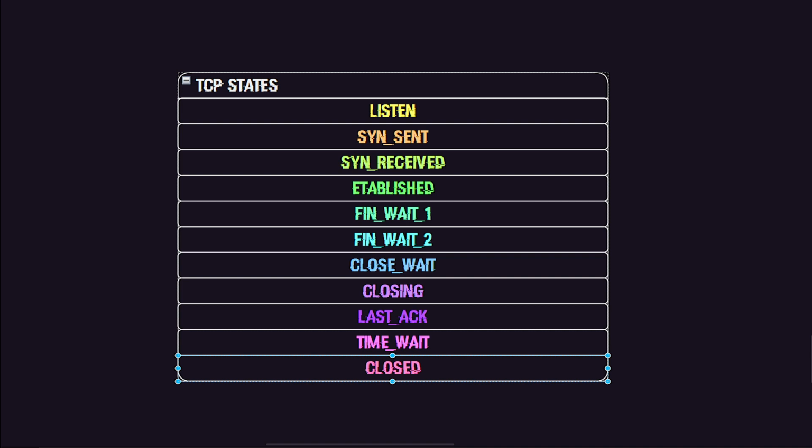Understanding these TCP states is crucial for network administrators and analysts when troubleshooting network connectivity issues or analyzing network traffic using tools like Wireshark. By examining the state transitions and associated packets, they can identify potential problems and ensure smooth